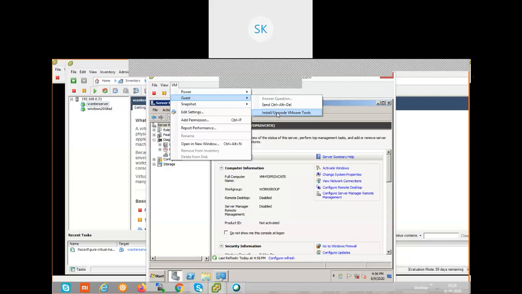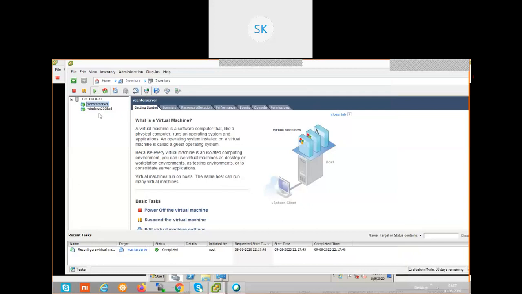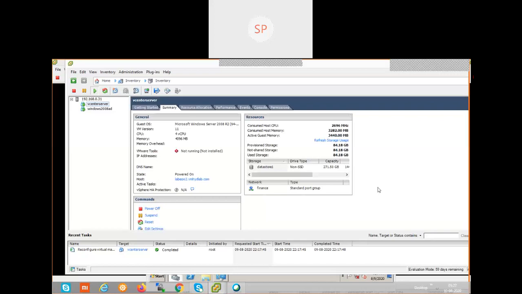Okay. If you see here, click on go back, go to inventory, select the ESXi host, go to the summary page. See what is happening here.